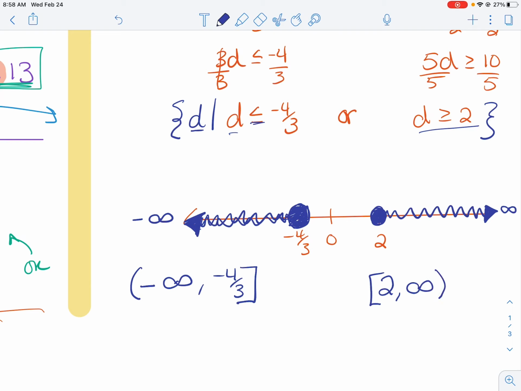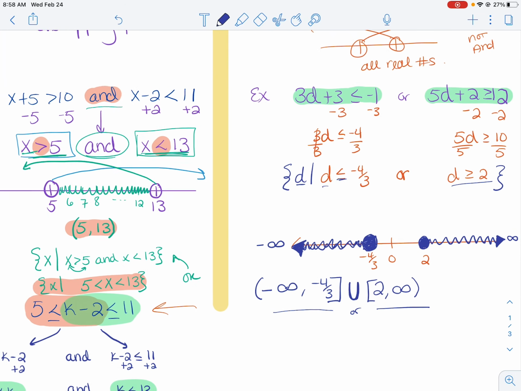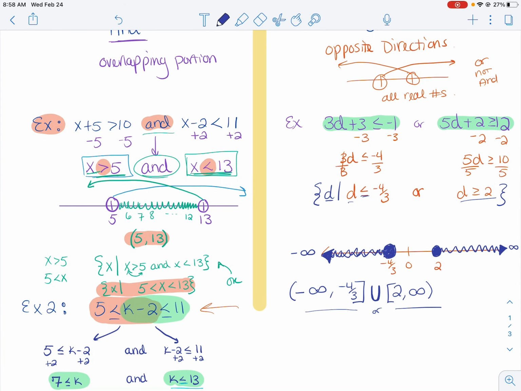We never include infinity. And when you have more than one interval, you want to connect them with what we call a union symbol. So it just really looks like a big capital U in between. That tells me that I have this or this, okay? So really that capital U represents the word or there. All right, and I think that's about it for compound